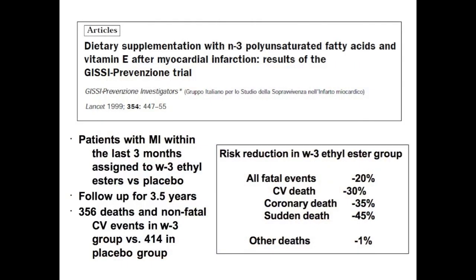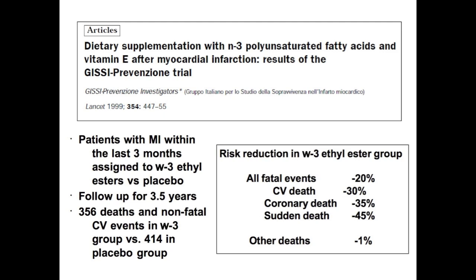So about 10 years ago, let me just show you this first. So I'm going away from inflammation now to show you this trial from Italian researchers published in The Lancet in 1999. So they recruited 11,000 patients who had had a myocardial infarction but survived. They'd had that within the last 3 months. And they were assigned to one of 4 treatment groups. About half of the people in the study received omega-3 fatty acids in a particular preparation, and a quarter of them received placebo. There was another group that was about vitamin E, but that didn't have any effect.